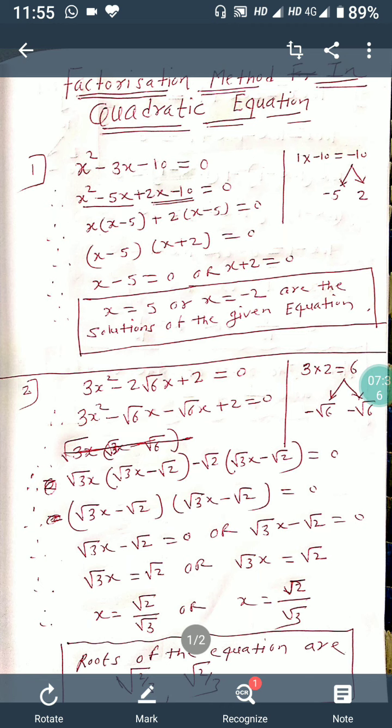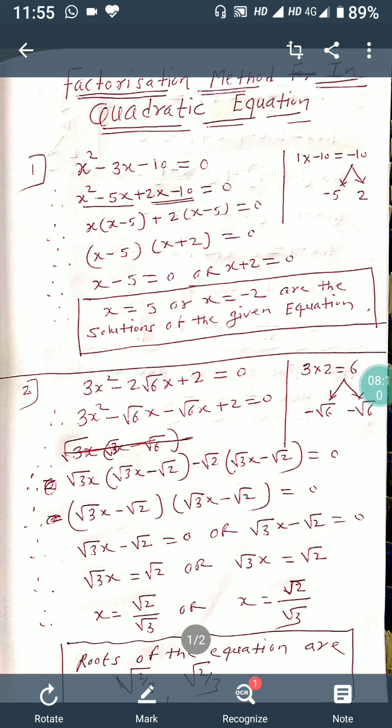So here again the two brackets are the same, root 3x minus root 2 and root 3x minus root 2. Already due to the same bracket root 3x minus root 2, I have taken one bracket, and according to the rule, by taking common of the first bracket, sign of the second bracket and common of the second bracket, we get the same bracket. So I have written, though it is the same, two times, root 3x minus root 2 first bracket complete into root 3x minus root 2 second bracket complete is equal to 0.